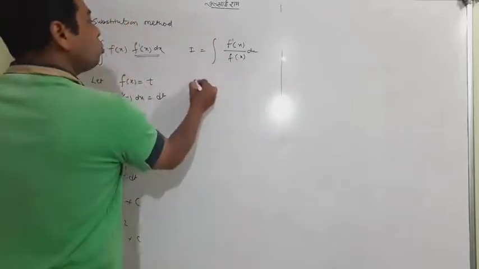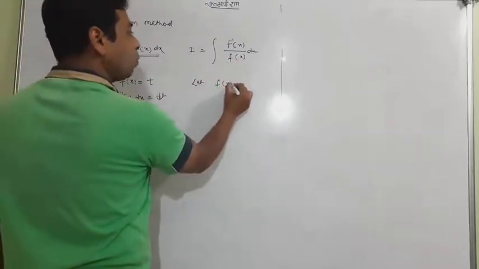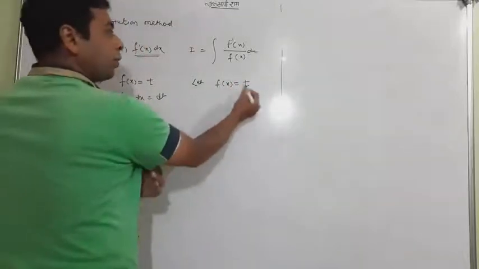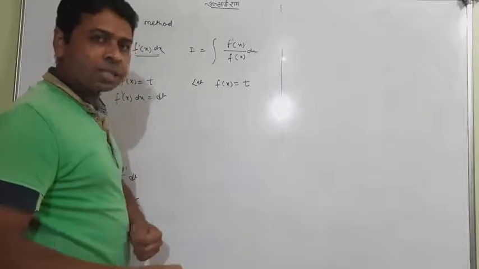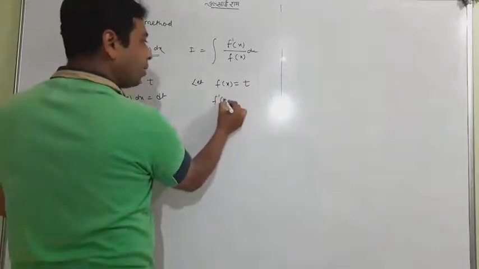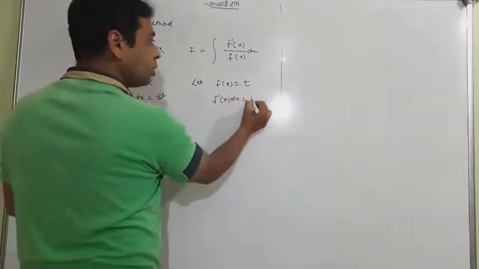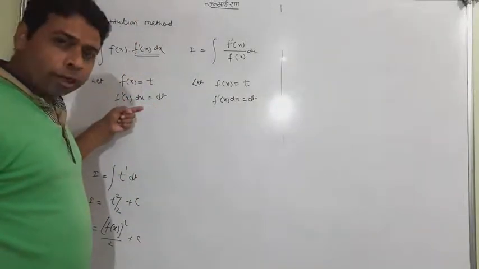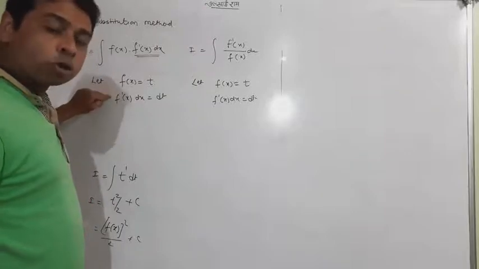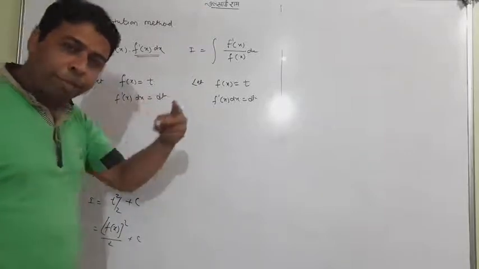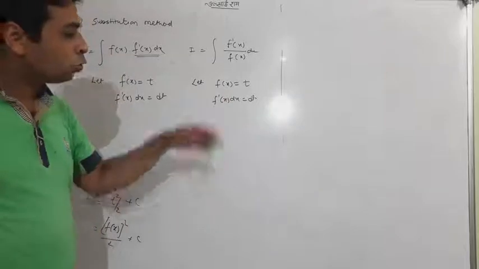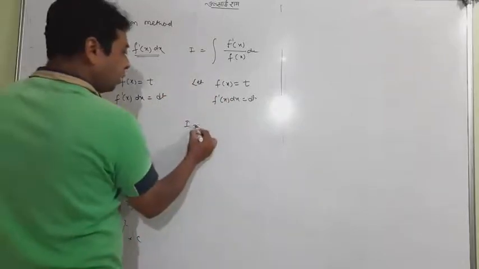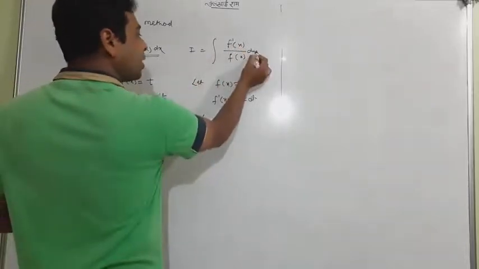Okay, so what to do, student? You only take f of x equal to t, and then do differentiation with respect to x. Definitely, it's going to be f dash x dx is equal to dt. I reached this at the moment, which actually came from solving two steps, but I left out the middle two steps. So just make the habit to write this only, and then after, f dash x dx will be dt.